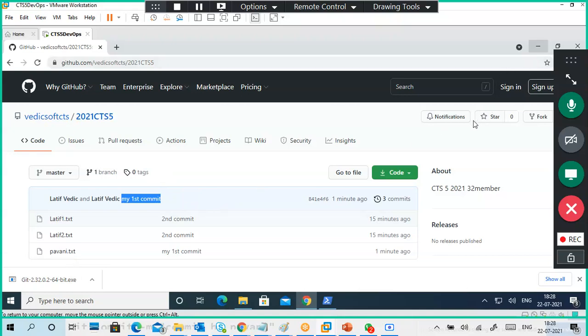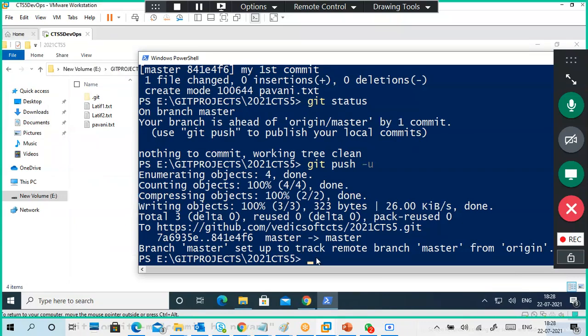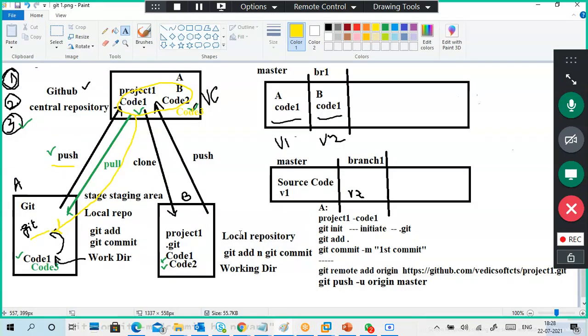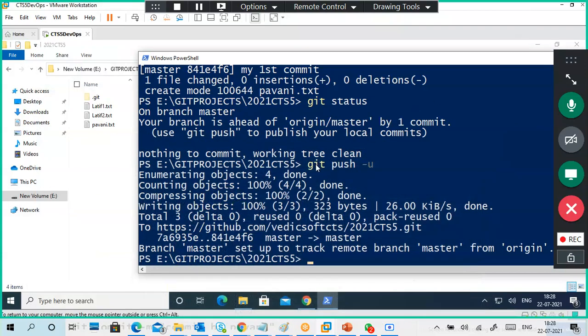Okay, guys, this is the second one. Understand how to clone, how to add a file to the existing local working directory and local repository, and push the data to remote. Understand? This second one you should do from your system, from your virtual machine. Just take this clone and do it. So this is the simple thing.